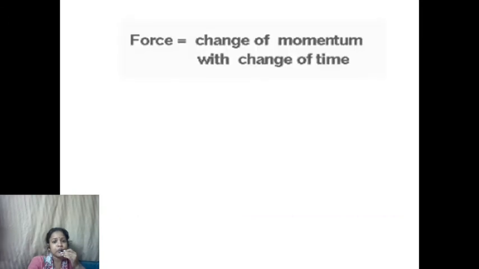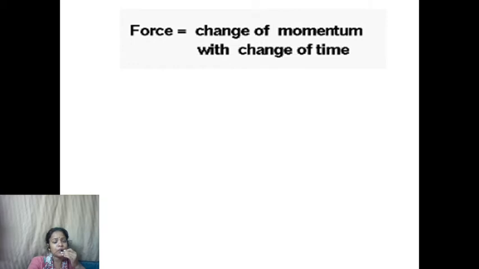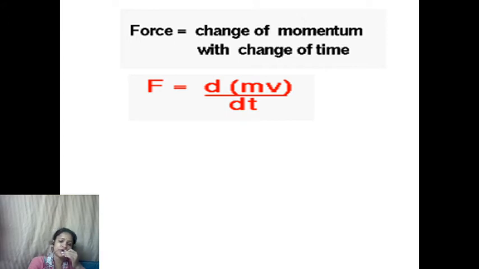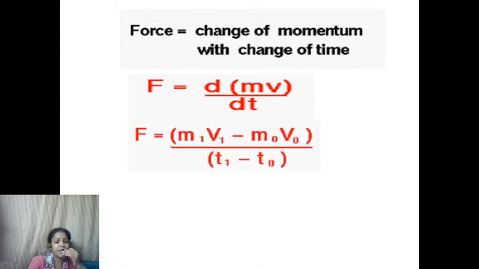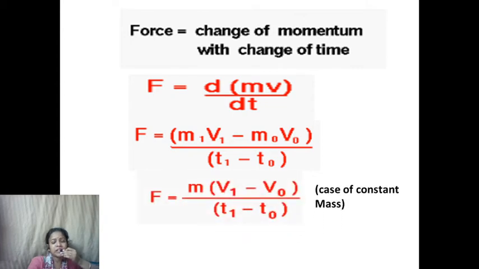So here the force is equal to change in momentum divided by change in time. mv is the formula for momentum. So d(mv) upon dt, where dt is change in time, can be written as (m1v1 minus m0v0) upon (t1 minus t0), where m1v1 is final momentum, m0v0 is initial, and t1 minus t0 is the time interval in which this change of momentum takes place. Now if mass doesn't change, if m1 and m0 are the same, which is m,